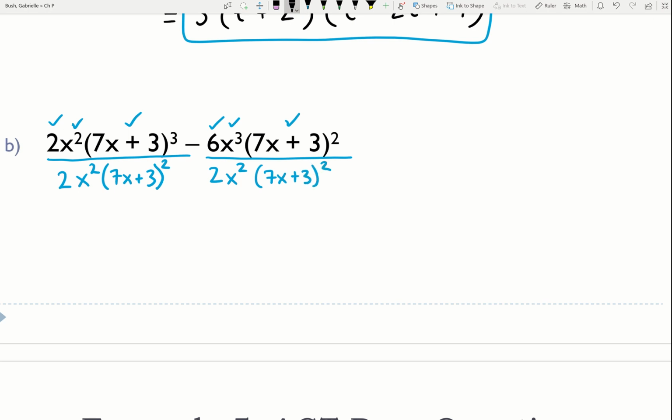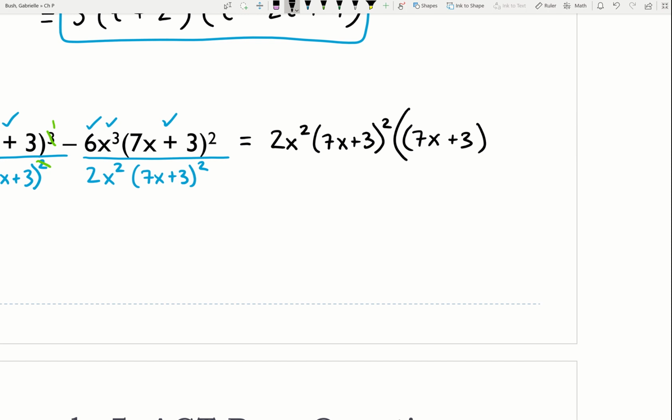Okay? So when we write out our factorization, we're going to say that our GCF was our 2x squared times the binomial 7x plus 3 squared. And then we'll go ahead and write what's left over there. Well, after you factor all of that out, what cancels? Well, the 2's cancel, the x squareds cancel, and 2 of those copies of 7x plus 3 are going to cancel with 2 of the copies from on top, just leaving us with a single copy. So we're going to go ahead and say that I have a single copy of 7x plus 3 left over